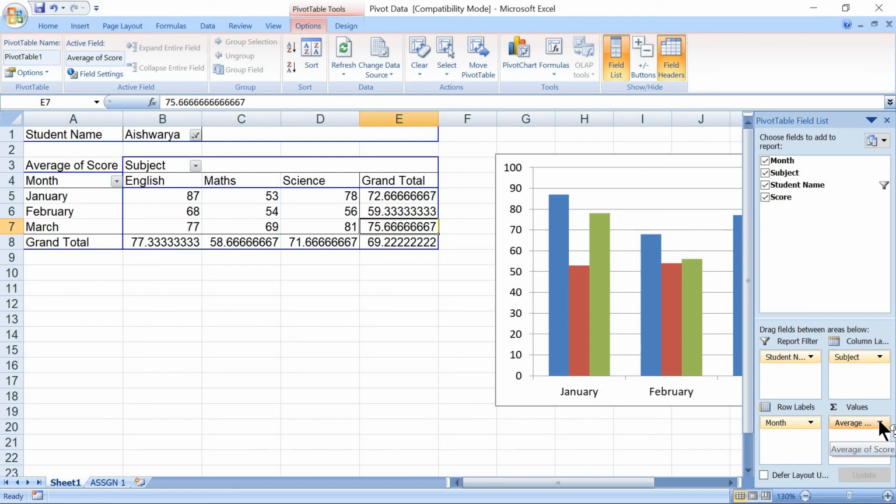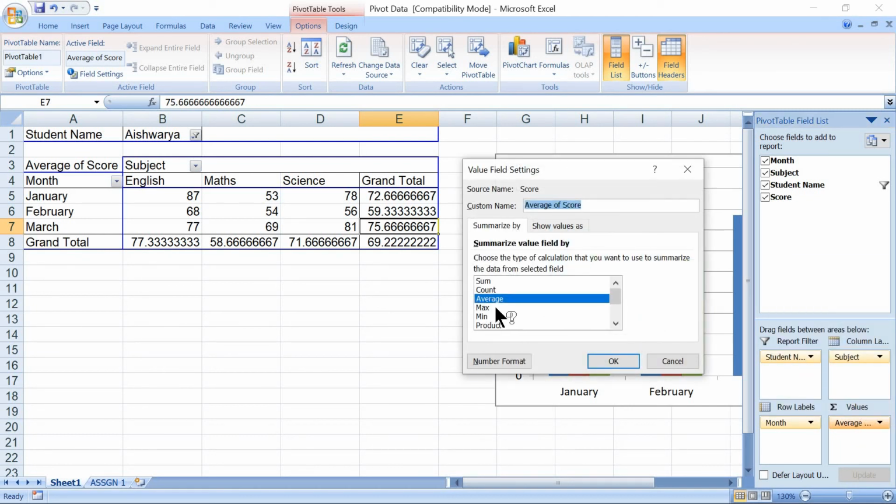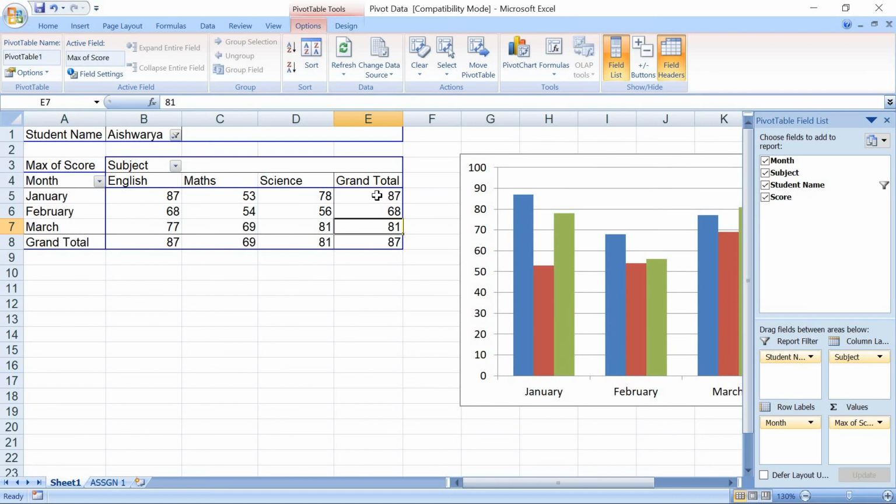Let's go back here. Right now we will see the other function, that will be max. Max indicates maximum, then click OK, right? 87 indicates that in Jan month for three subjects the highest score is in English. Suppose we are seeing three months in a particular subject, in that case Jan, Feb, March for English, 87 will be the highest.